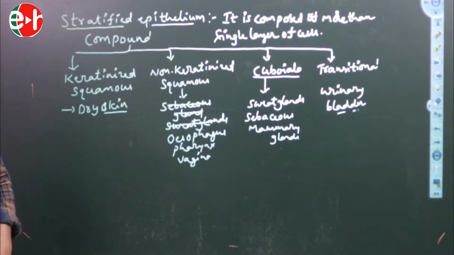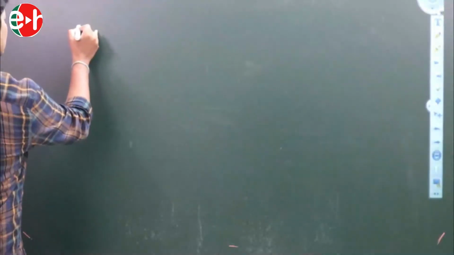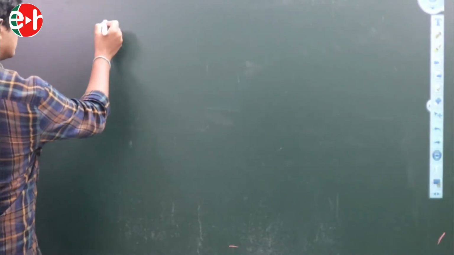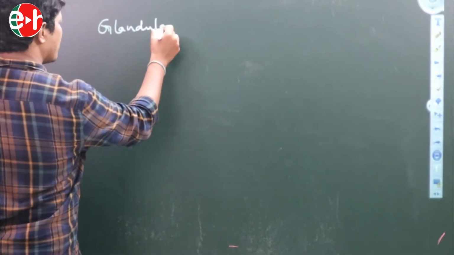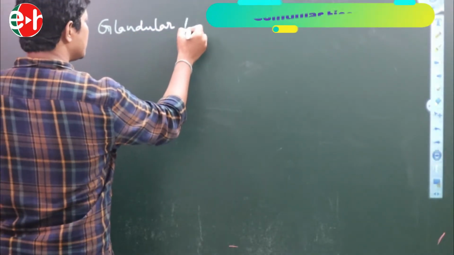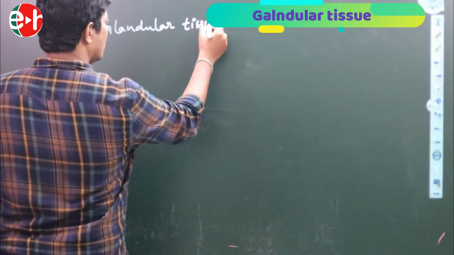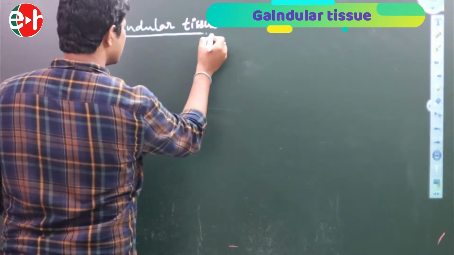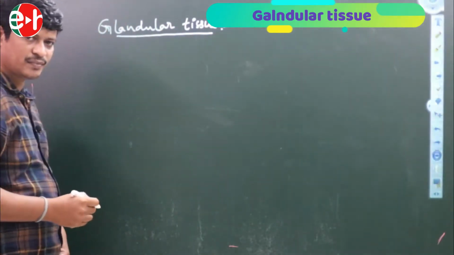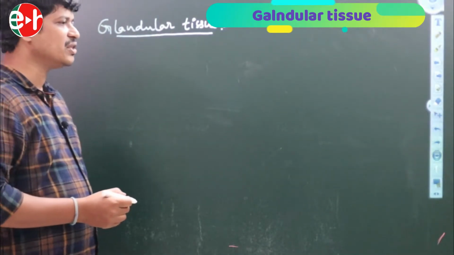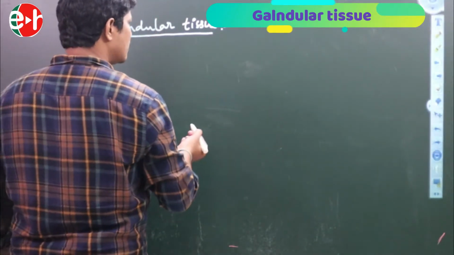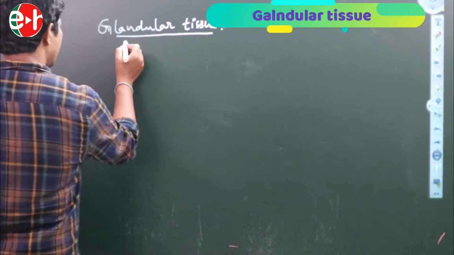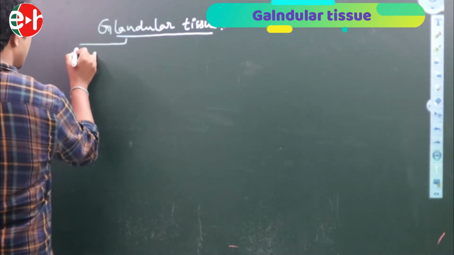And finally, transitional epithelium is present in the urinary bladder. This is a stratified epithelium. This is very important: glandular tissue. The glandular tissue that secretes substances is called glands. According to the secretion of these substances, the glandular tissue is divided into